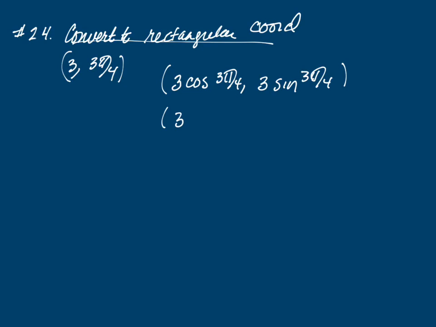So that's 3 cosine negative square root of 2 over 2. It's not cosine of square root of 2 over 2. Cosine of 3 pi over 4 is negative square root of 2 over 2. And 3 sine 3 pi over 4 is positive square root of 2 over 2. So I get negative 3 square root of 2 over 2 and 3 square root of 2 over 2 for